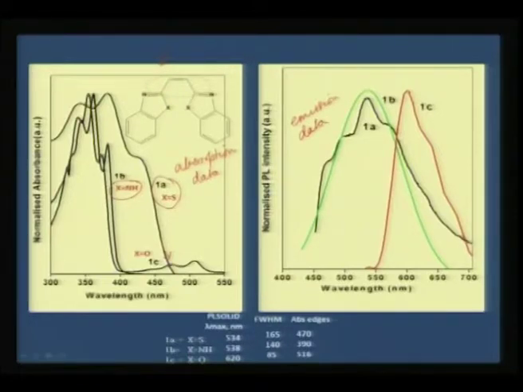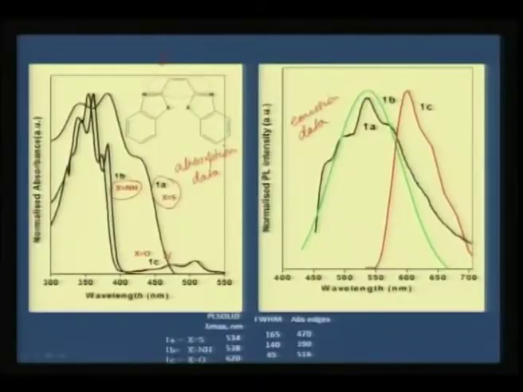Now if you go for oxazole, interestingly oxazole has a sharp band edge somewhere around 400, but then you can see that it is actually tailing and extending up to 550. So oxazoles seemingly have an extended optical band edge compared to thiazole and imidazole, but distinctly you can see there is a large shift between the thiazole and oxazole when compared to thiazole compounds. So what is this implication on the emission data?